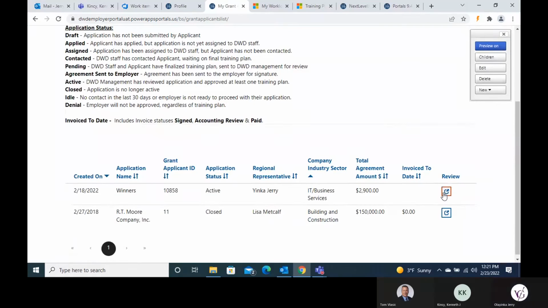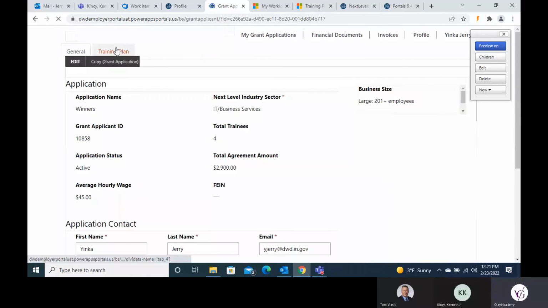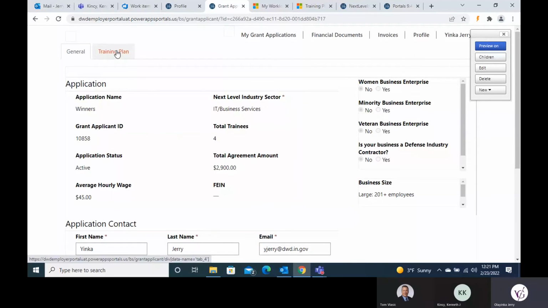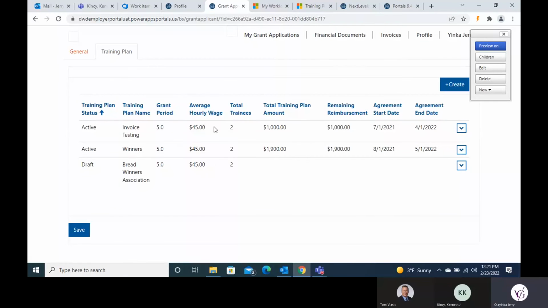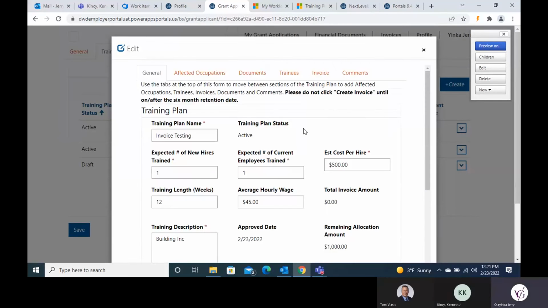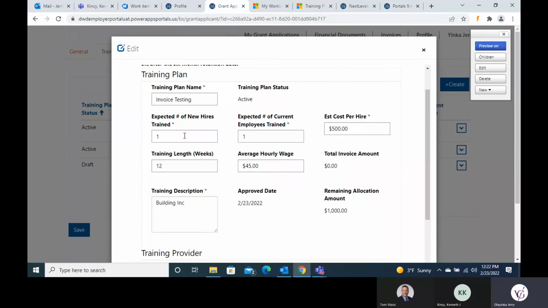Now, our next step will be adding trainees to our active training plans. Remember, trainees cannot be added to a training plan unless the training plan has been made active. Please also remember that in order for you to enter your trainees, the expected number of new hires trained and expected number of current employees trained should match